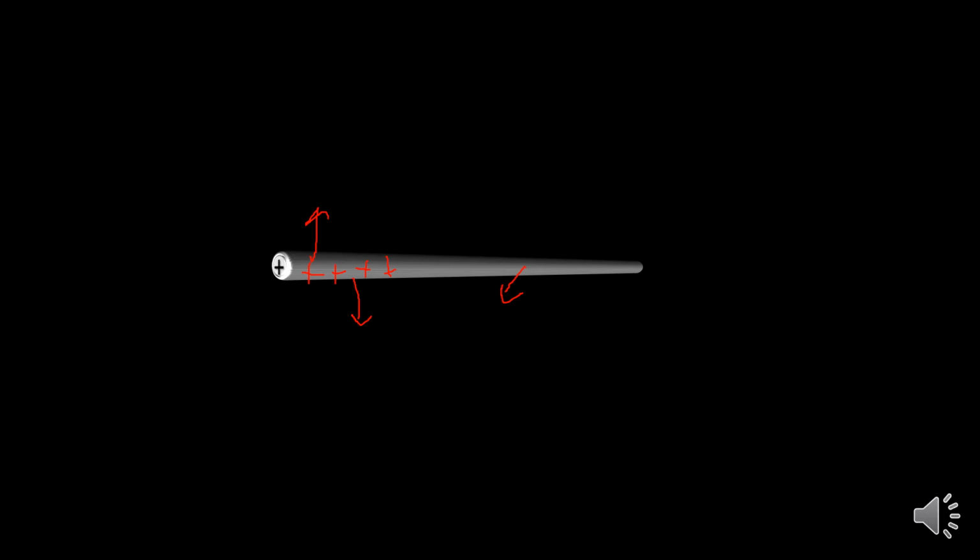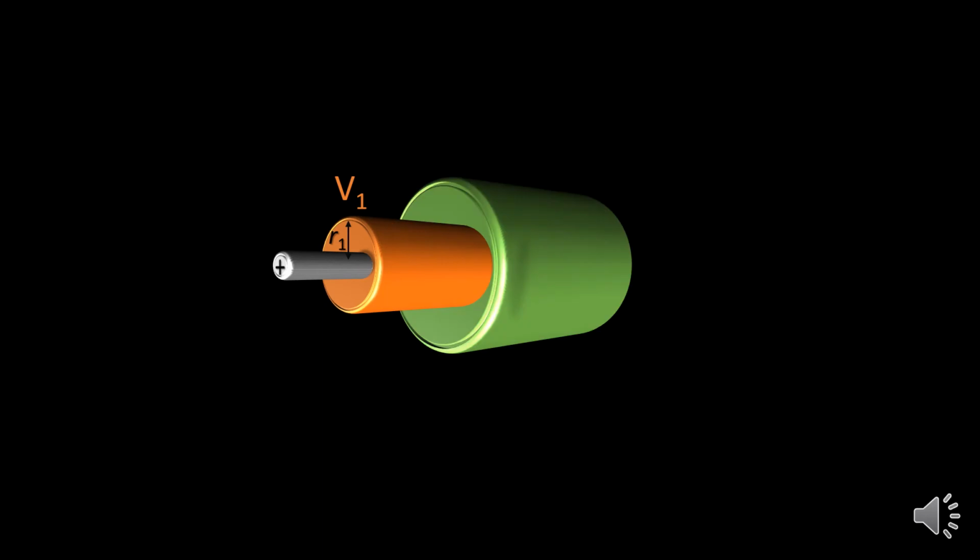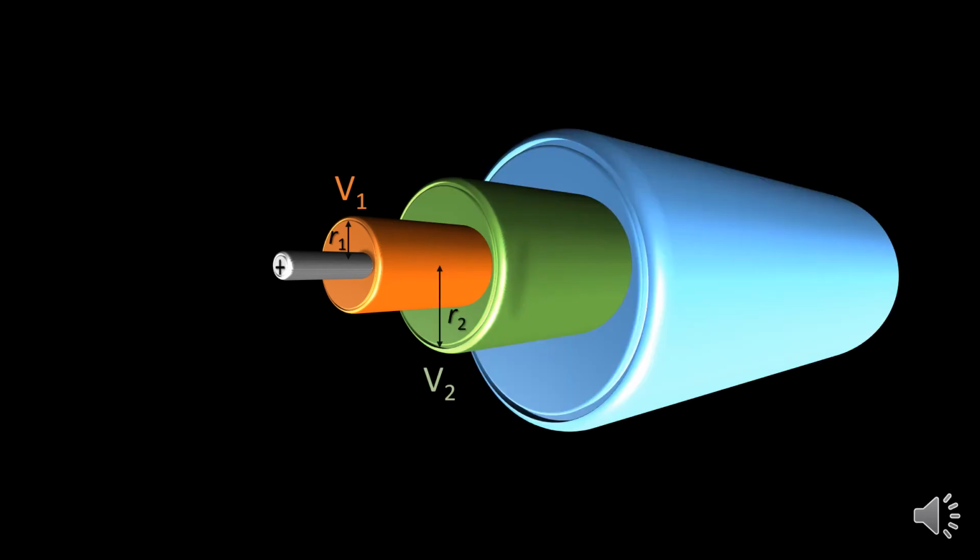lambda by 2 pi r epsilon 0, and hence if you join all these points, if you imagine all these points, you can always get a surface having the same potential everywhere. What would be the shape of that surface? It will be cylindrical. So this is the cylindrical surface which has the same potential everywhere. You may call it V1. Similarly, you can have one more equipotential surface at distance R2 with potential V2 and so on. So for line charge distribution, the shape of the equipotential surface is cylindrical.